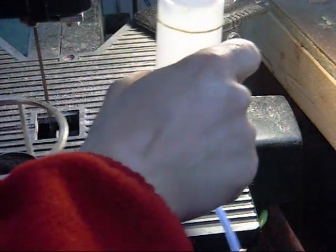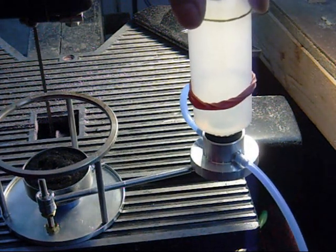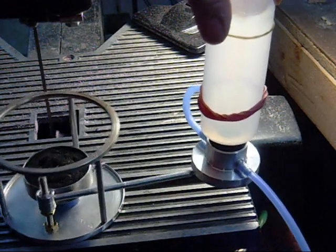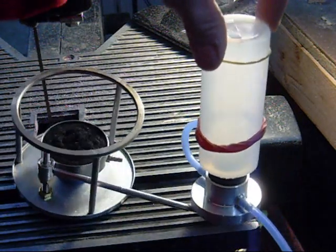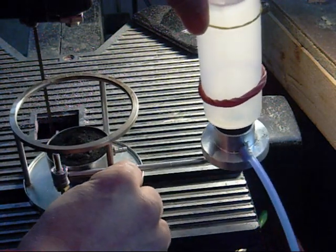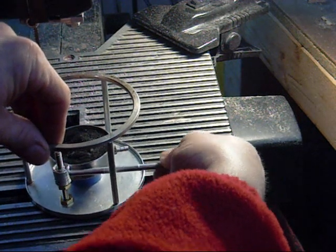But now I want to, let's see if I got this in the film. Now I want to build this on here. That may be too much weight for that though. I haven't decided if that's going to work or not. The reason I want to do this is because now I can spin this, and I can't do it while this is on here, but